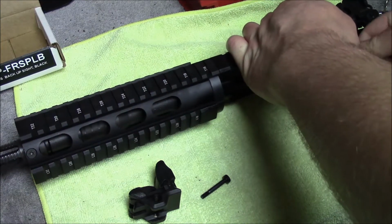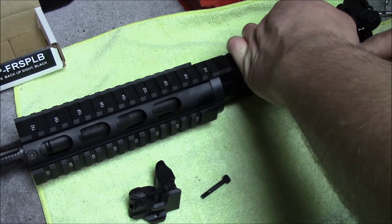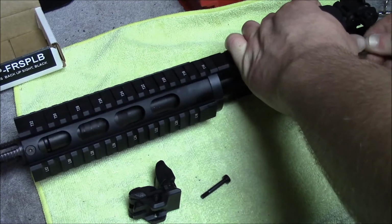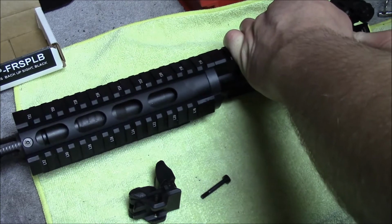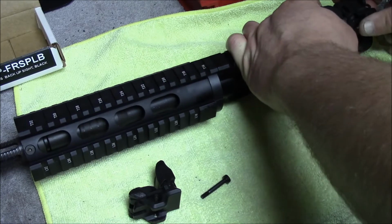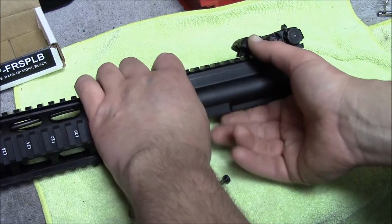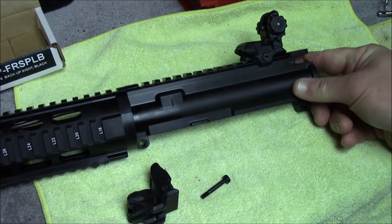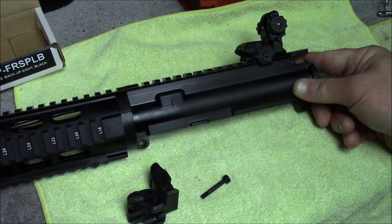Of course, this is kind of like trial and error. We'll put it on here, see how they work and everything, as far as where I mounted them. So nice and snug on there. And now you can kind of see this a little better maybe. I'll bring it over so you can see it. You kind of push forward on them, which I don't know if I like that better or not. It's kind of a cool thing that it goes forward versus down, but